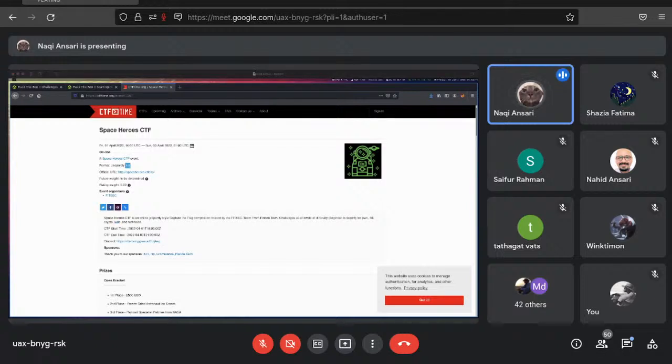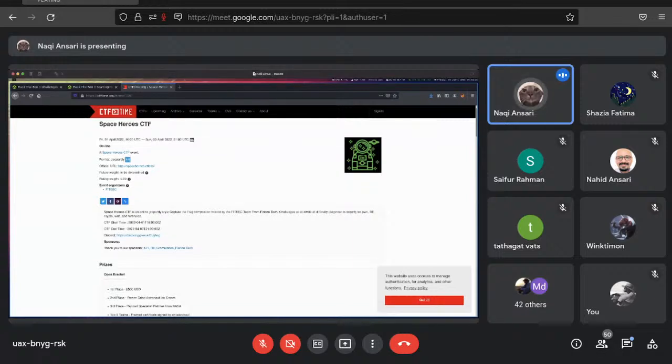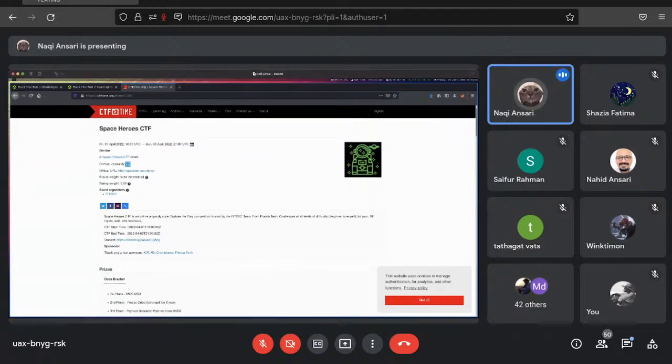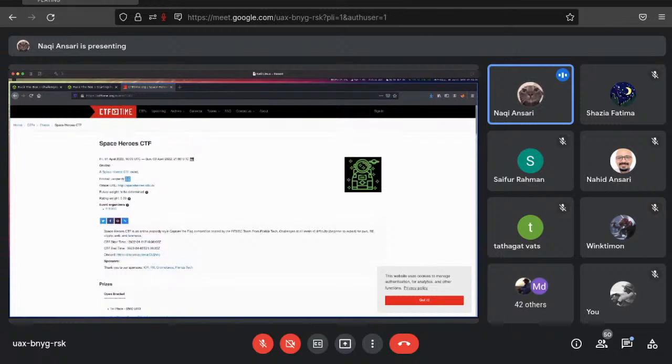So now how do you approach this? Once the event ends, people will actually create write-ups and walkthroughs for the challenges. So you can go and read those walkthroughs to see where you went wrong in your approach. And if you were to see the same attack vector in another CTF, you will know what to do.